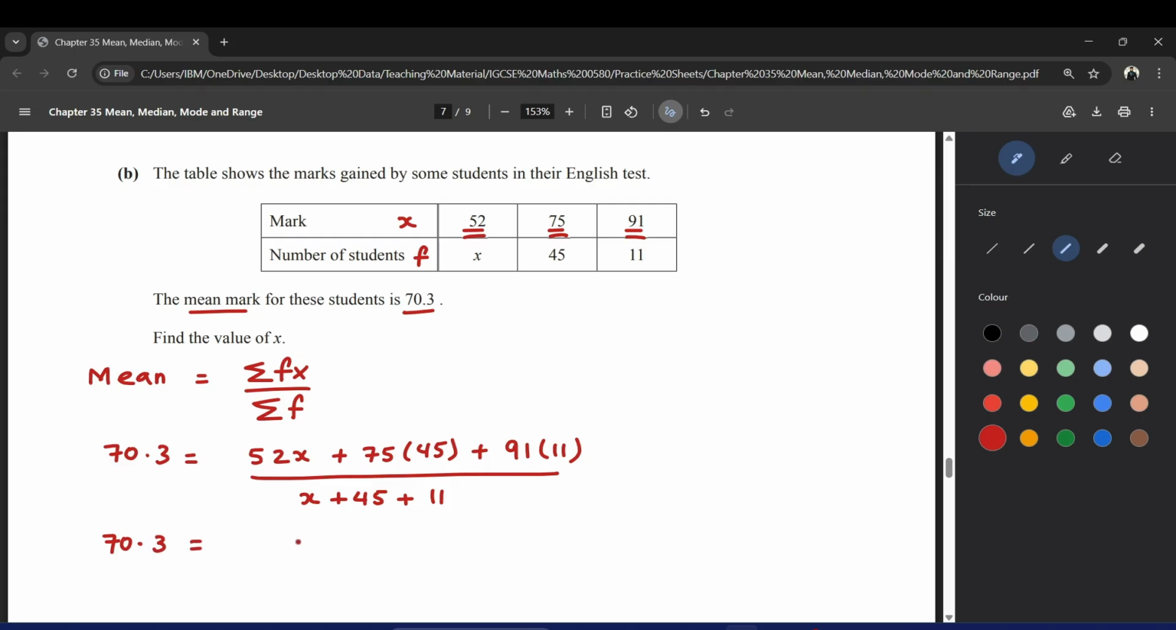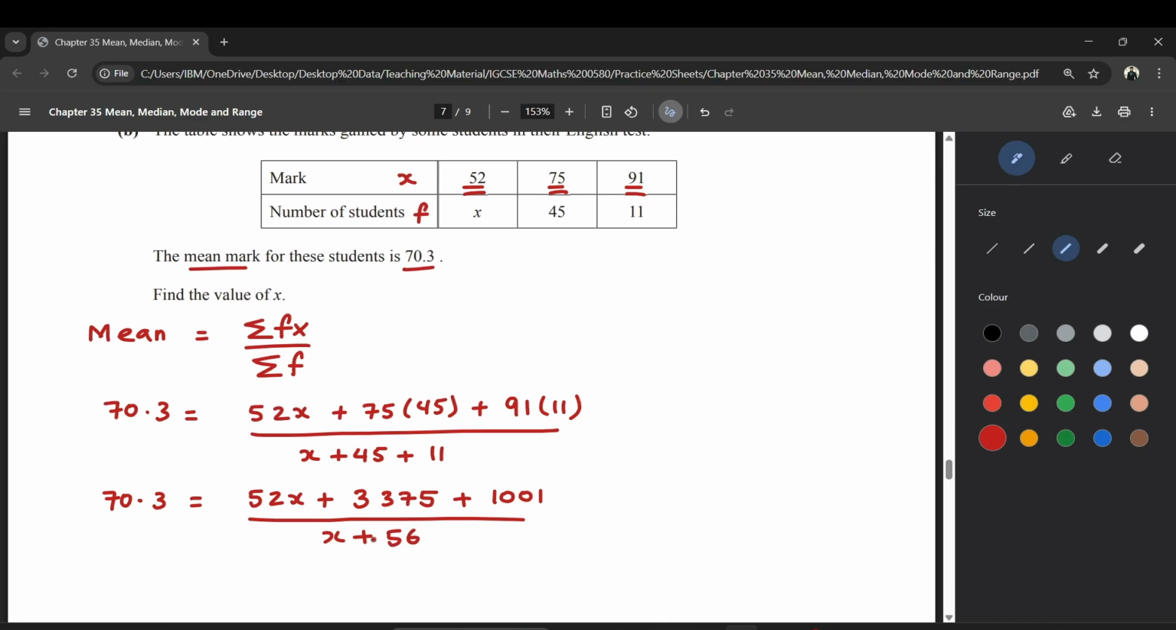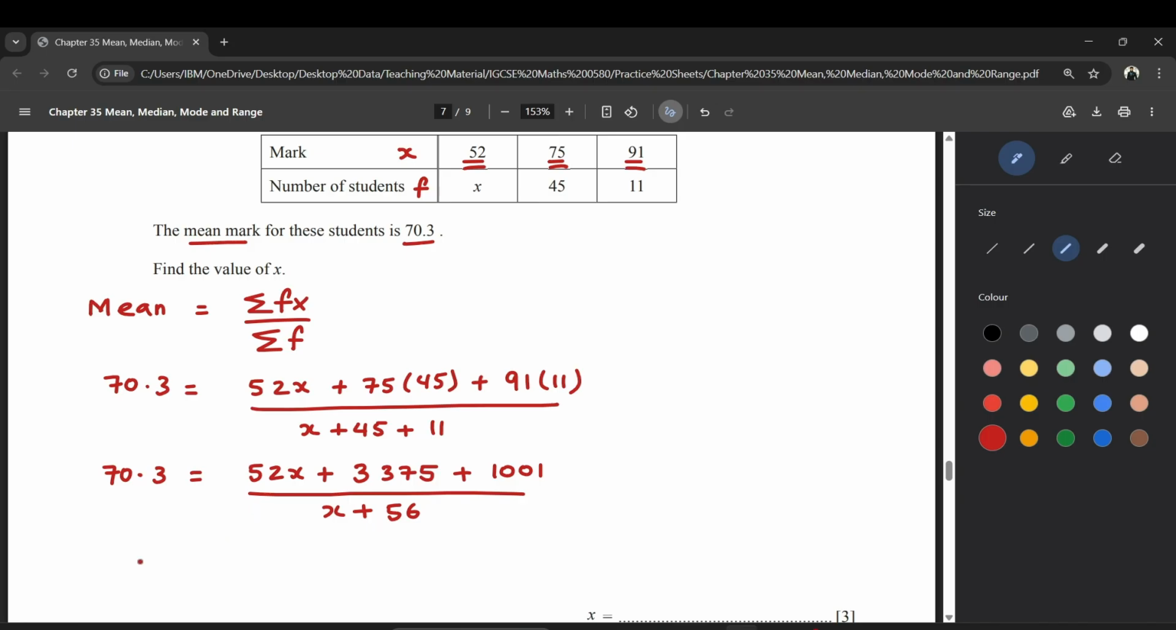So 70.3 is equal to 52x plus. Now 75 times 45 is 3375, and 91 times 11 is 1001, divided by x plus, this would be 56. Now we are going to multiply both sides by x plus 56. So this is 70.3 times x plus 56. So we shift this whole bracket to the other side, and on the right hand side we have 52x plus,